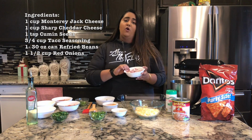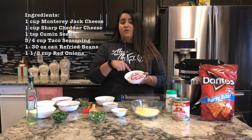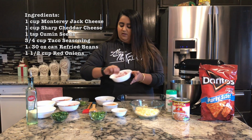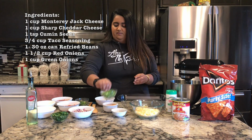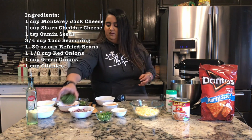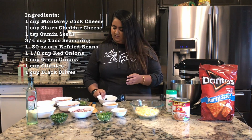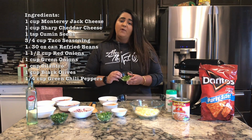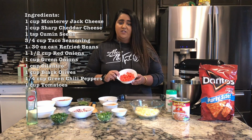And you also need about 1/2 cup of red onions. I've got 1.5 cups here because the rest of the 1 cup is for the bean dip. Also, you'll need 1 cup of green onions, 1 cup of cilantro, 1 cup of black olives, 1/4 cup of green chili peppers, 1 cup of tomatoes,